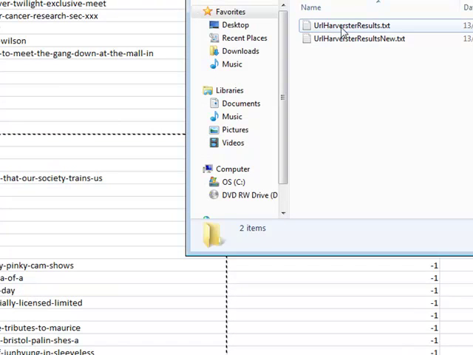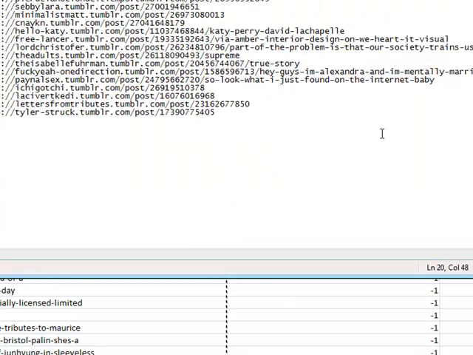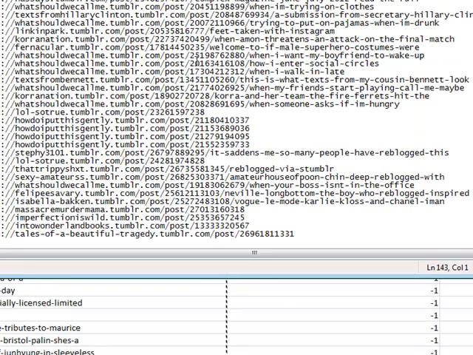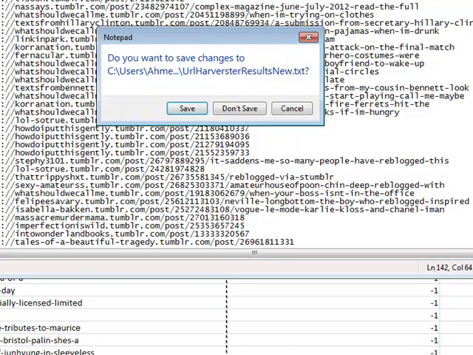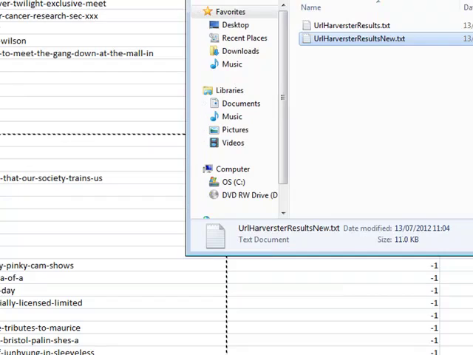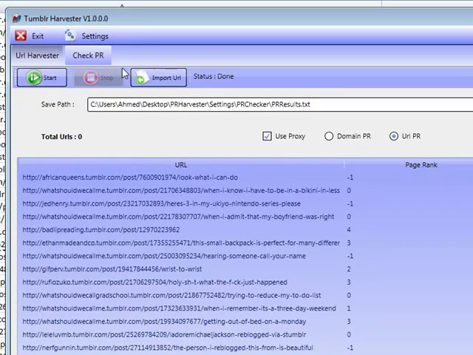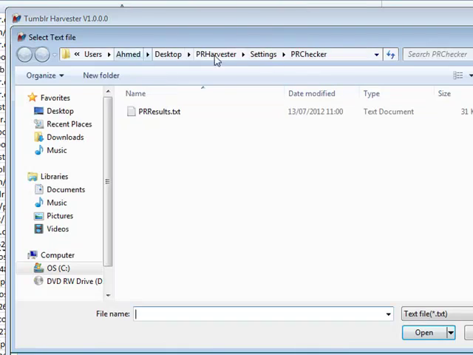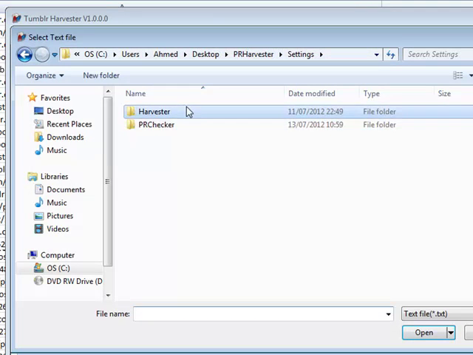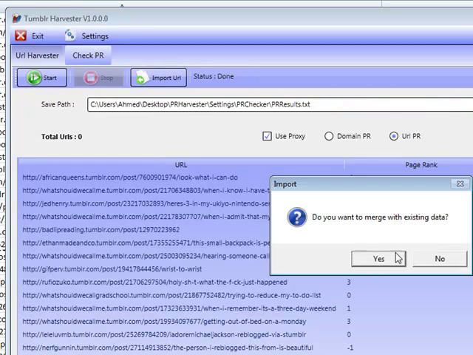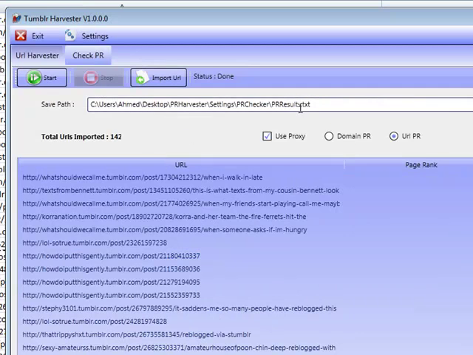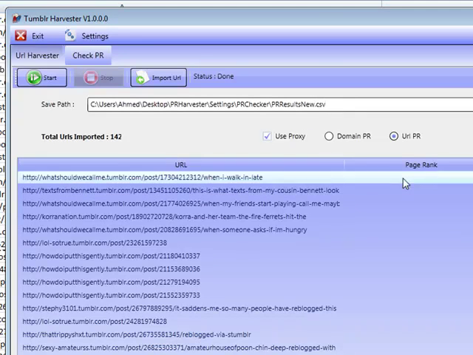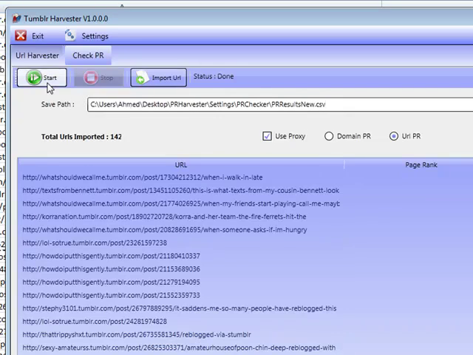I'll see if we can get something coded inside of the tool for this. But I'll go to URL Harvester. I'll go to the new one because that was the smallest file, and I'll paste them in here. And I'll go back over to the tool, and I'll import URLs, settings, Harvester, and it was the new one. I don't want to merge, and I'm going to go to new, and this time I'm going to enter .csv at the end, hoping that it's going to generate the CSV file. So I'm going to click on start,